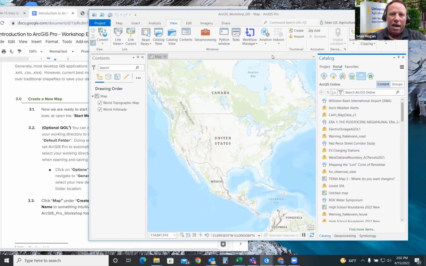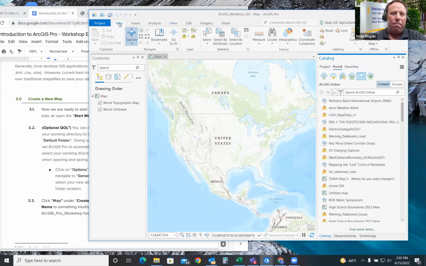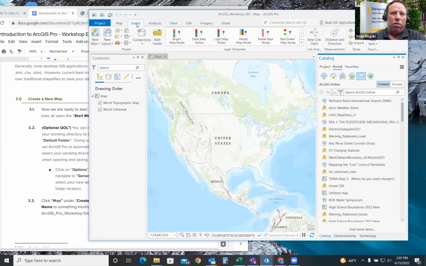Good. Now that we have this up though, I want to start off by adding data to our map. So we'll go up to the tabs at the top. Oops, excuse me. We're going to go to Insert, and we're going to click on Add Folder.